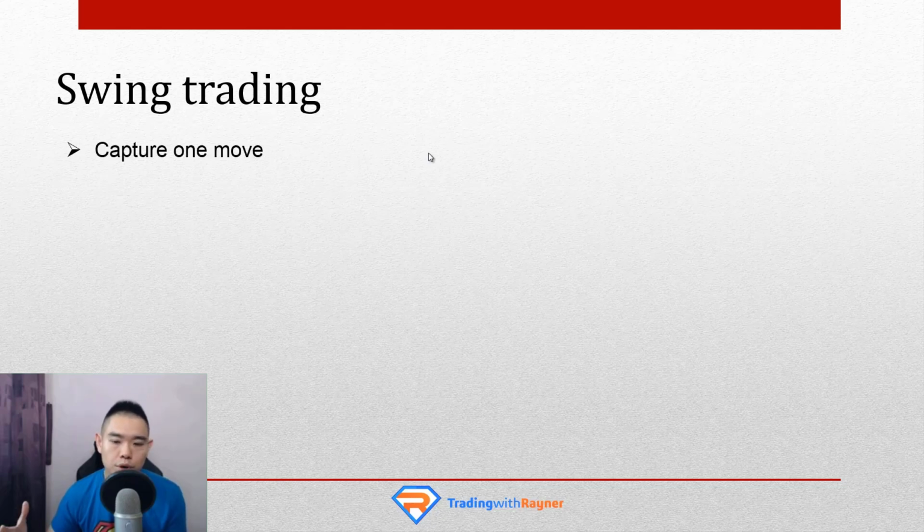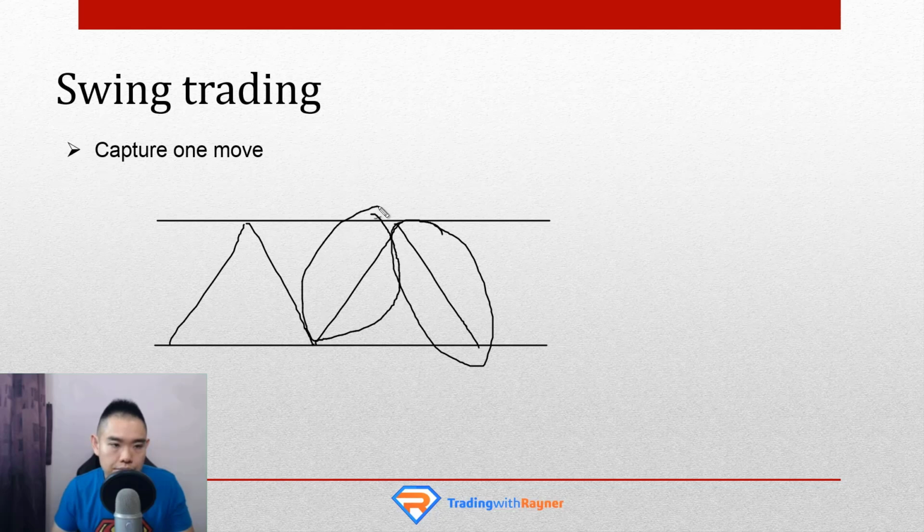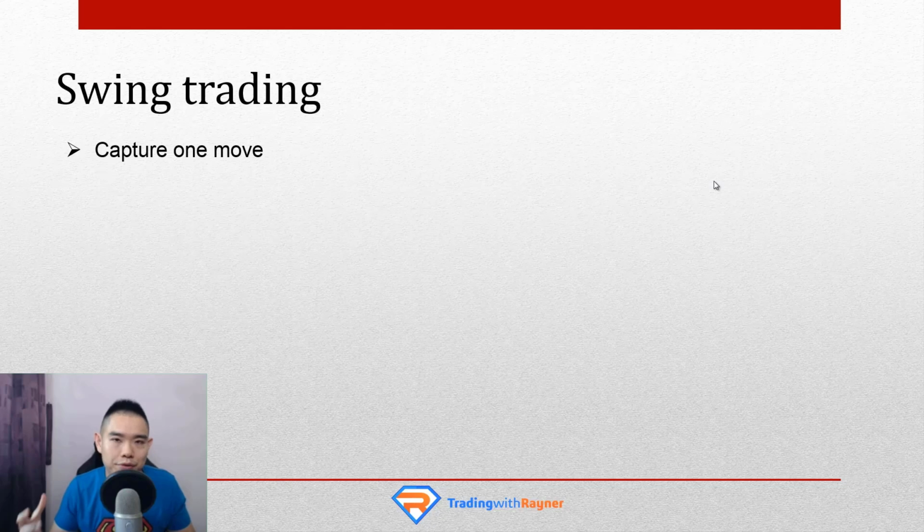As a swing trader, what you're trying to do is capture just one move in the market, just that one swing, that's it. To illustrate, what is a swing in the market? Let's say the market is in a range between these highs and these lows. Market goes up, that's one swing. Comes down, that's another swing. Goes up, that's one swing. Comes down, that's another swing. From here to here, this is one swing. Here to here is another swing. Here is another swing, and this is another swing. Make sense? I know this looks like a mess, but in other words, swing trading refers to capturing one